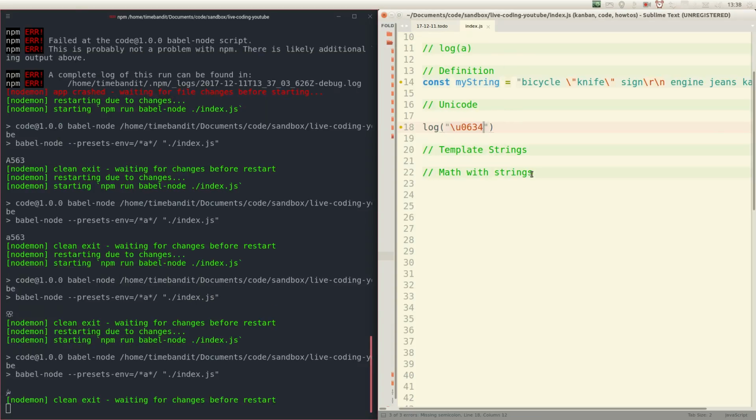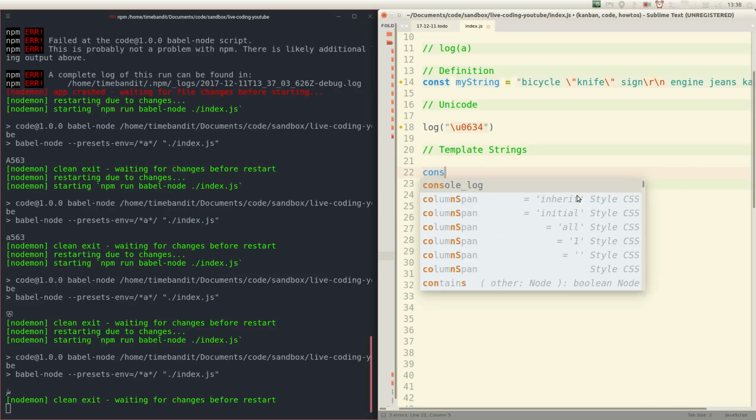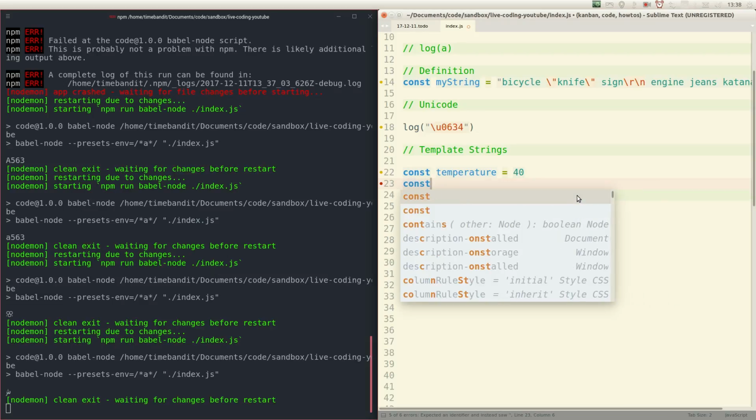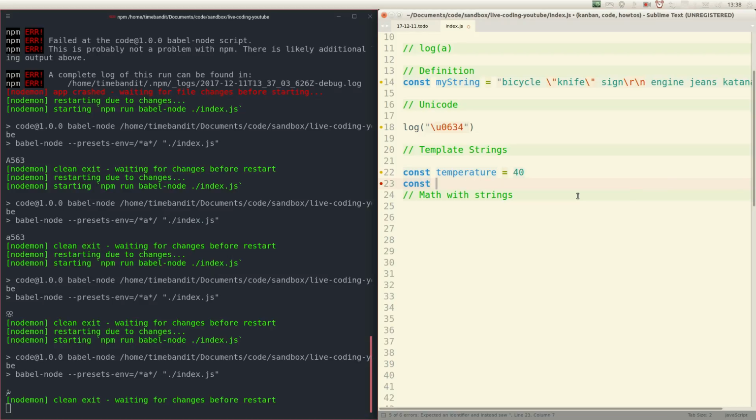Now, quite often you want to use template strings. By that I mean you want to use actual values of variables within your string. So you might have a variable called temperature. So we'll say const temperature equals 40, and you might have a string that you want to use it in. Const out equals, let's use double quotes, the